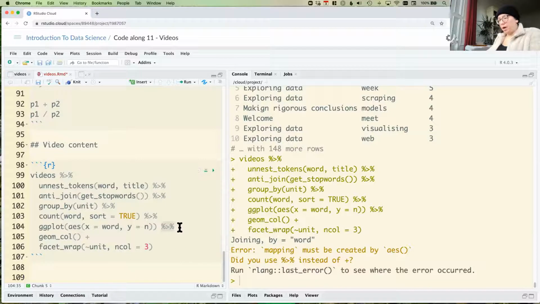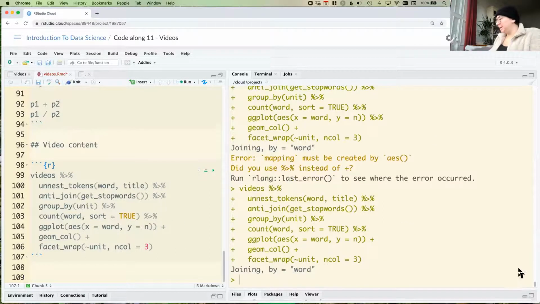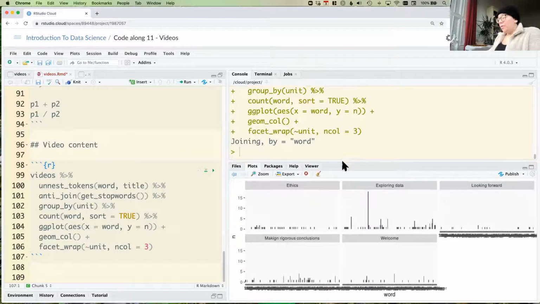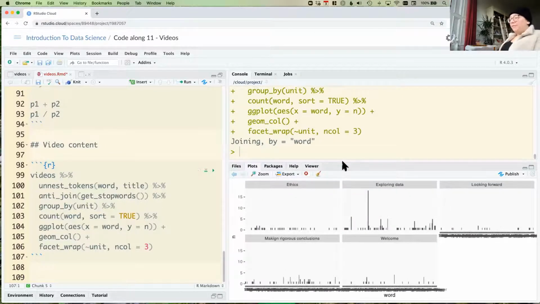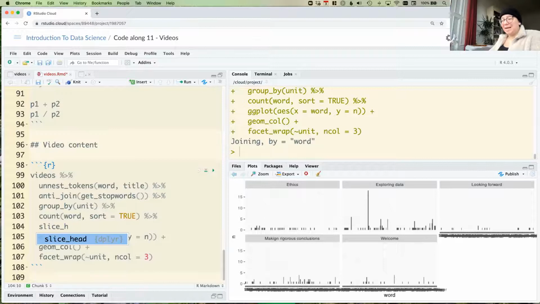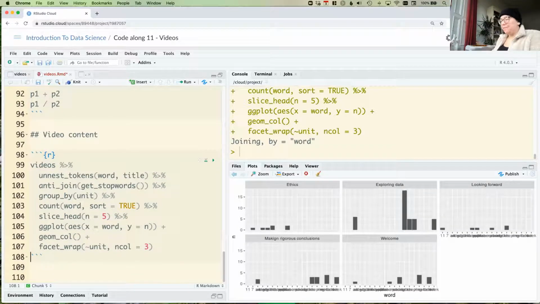Oh, I'm making a ggplot, so I should use a plus instead. Okay, so what's happening here is that, because I'm faceting, it's trying to plot all of the words that were counted. So we really don't need all of the words. We want the most common ones. So let's say that I want to slice my data for each group. I want the ones on the top, so head, 5 of them, the 5 most common words. And now we have the 5 most common words, but ggplot2 by default for our facets wants to keep the same scale. So I can say free the x scale,